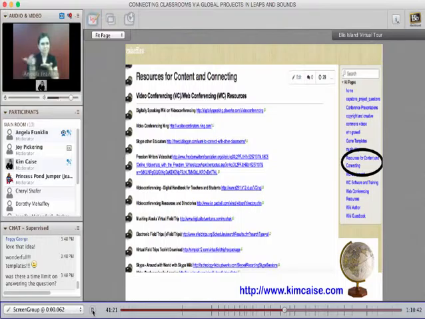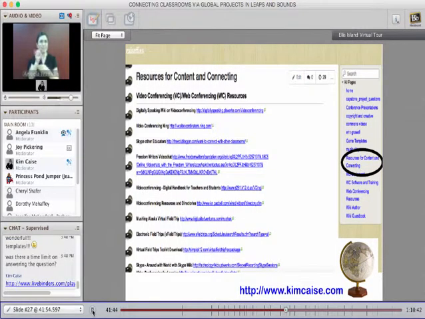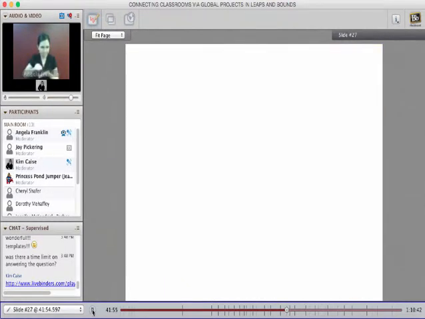I also have some different resources if you're just wondering ways to structure, if you're wanting to take them on different virtual field trips, some resources for that as well. And I'll be talking about how we did some virtual field trips towards the end. All of that's on a resource on my wiki called the Case Files, and it's casefiles.wikispaces.com, and that link is in the live binder, and you can find all of this information on my website at kimcase.com. So you don't have to go writing everything down and chasing down all of these links. Everything's all set for you.